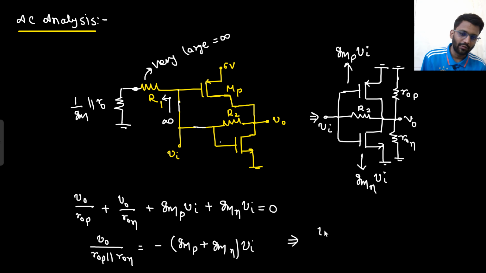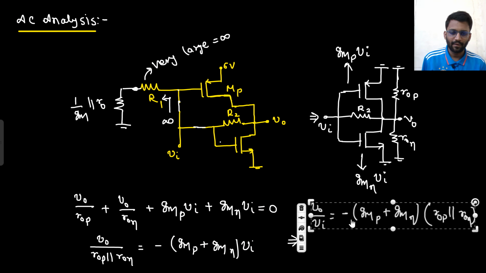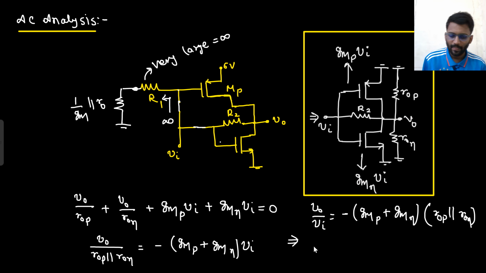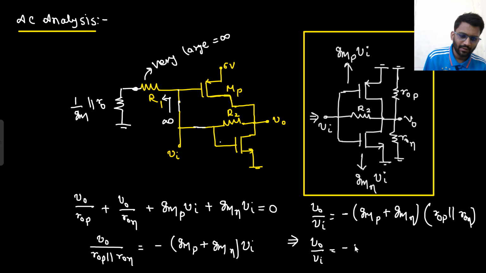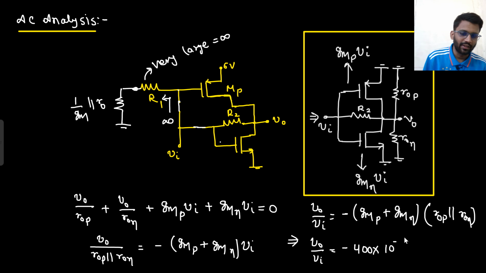So what will be your V naught by Vin? V naught by Vin would simply be minus GMP plus GMN into R naught P parallel with R naught N. So this is your V naught by Vin. Now you can simply put the final values. This was just the equivalent circuit that we got. GMP and GMN, 400 micro Siemens, because GMP was 200 micro, right? As far as I remember, GMP and GMN are 200 micro plus 200 micro, that would be 400 micro